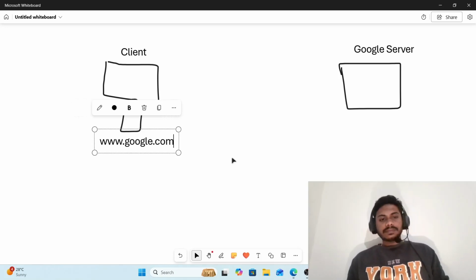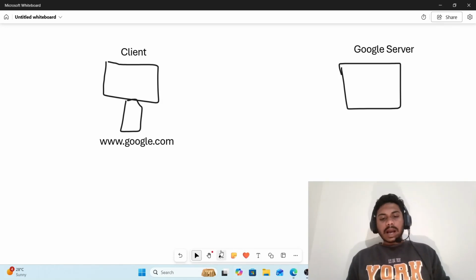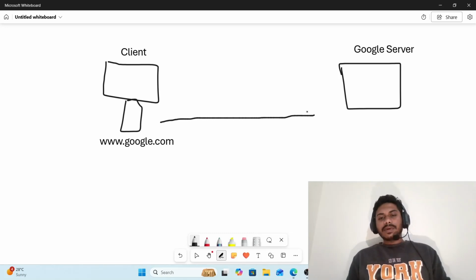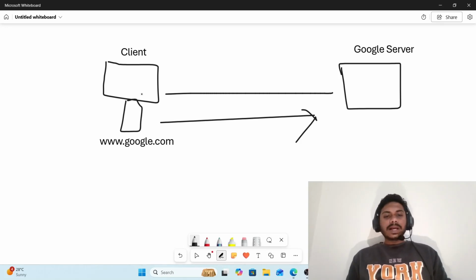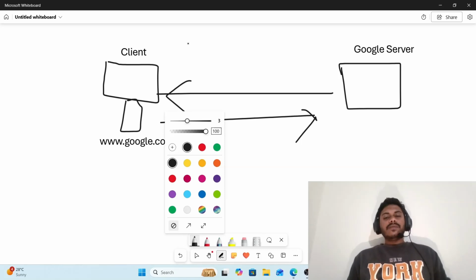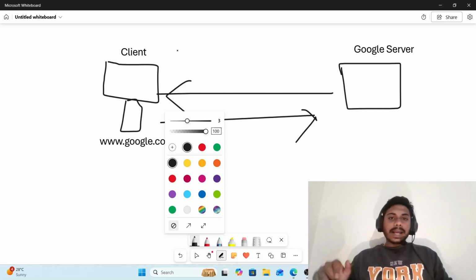Now one request is raised and that request is sent to the Google server, and then you will get a response. When you type www.google.com on your browser and enter,